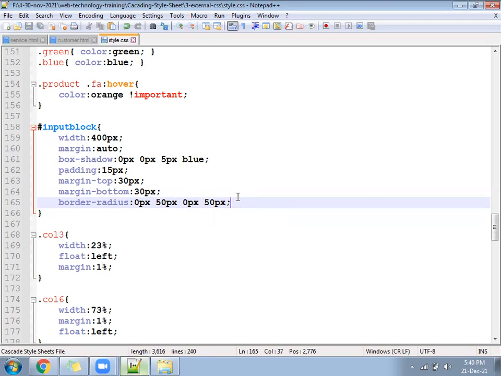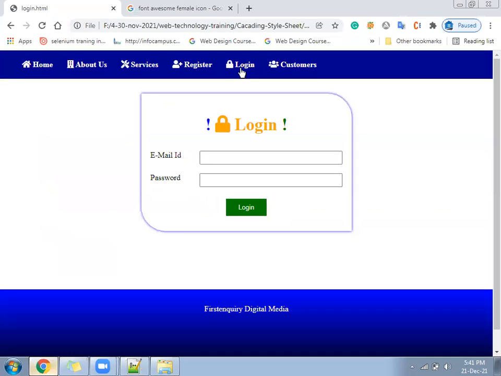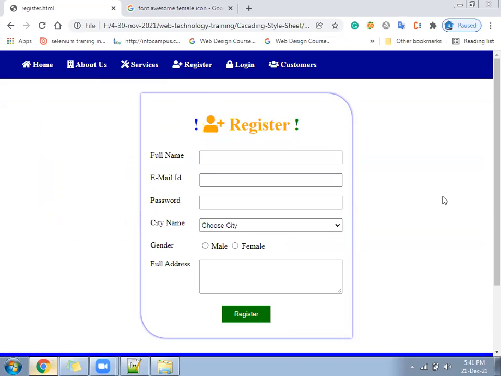We are calling it under the register and login pages, both places. It works like a clock. How does the clock work? Top left is the starting point, and from there it will go like this. Okay, exactly like a clock. Now let me come to the page and show you. Applied under the login page, and the same thing will get applied under the register page also.